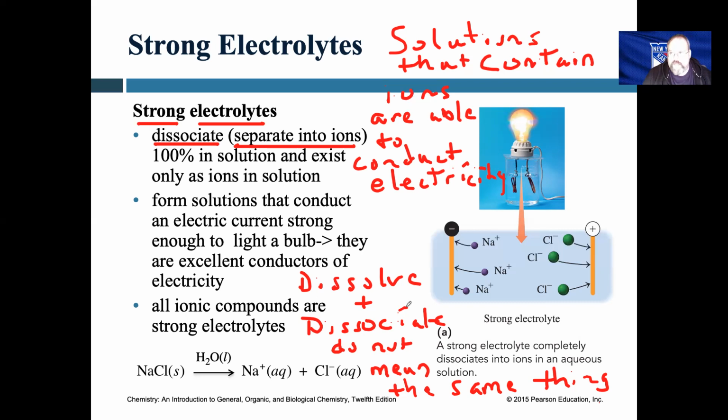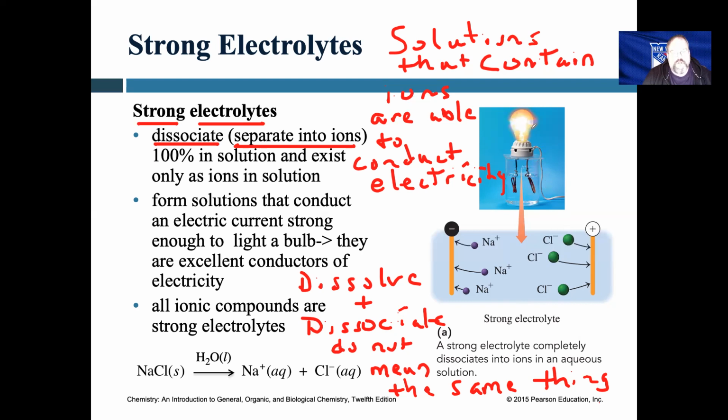For a strong electrolyte, not only do you have to be able to dissociate, to separate into ions, but that dissociation has to be complete. No more whole molecules are going to exist. When that occurs, they form solutions that conduct an electric current strong enough to light a light bulb. They're showing you an example here in the picture where they've hooked up electrodes to a light bulb plugged into an outlet, and they're putting it into a sodium chloride solution. And you can see how the light bulb is lit up very brightly, because strong electrolytes are excellent conductors